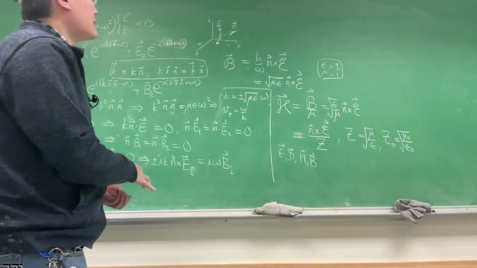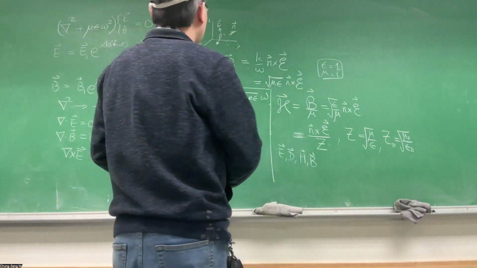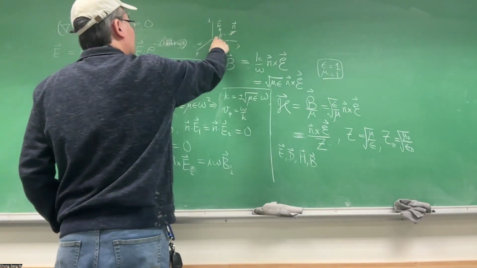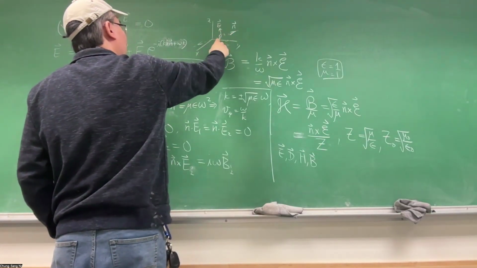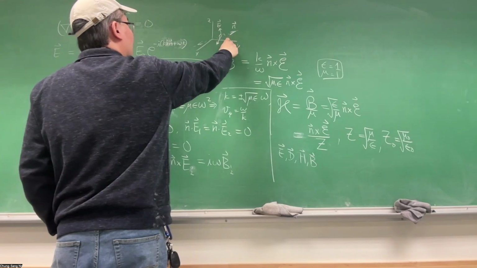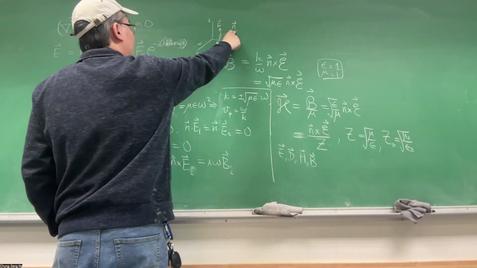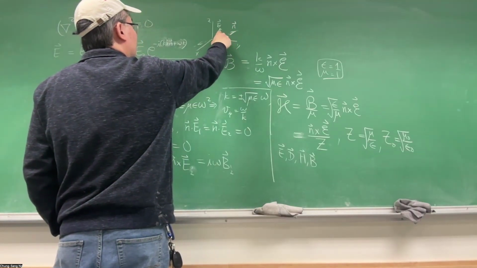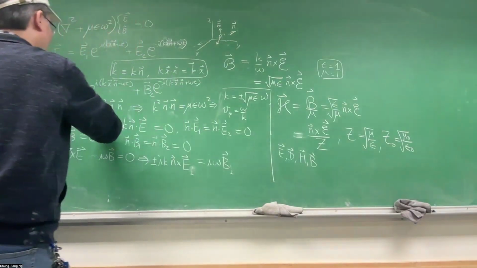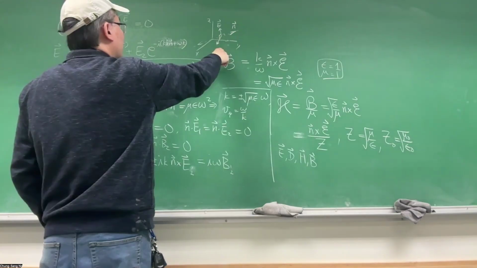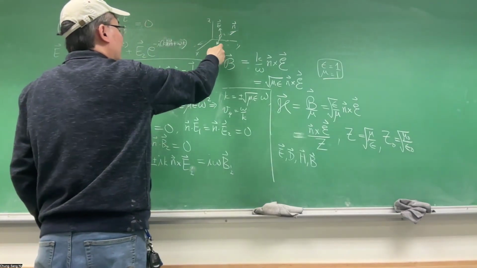So now we know that they are perpendicular. The amplitudes are perpendicular to propagation. So for a given propagation direction n, we can define a coordinate system. This E sub 1 and E sub 2 are perpendicular to n, but we can also express the propagation in terms of fixed